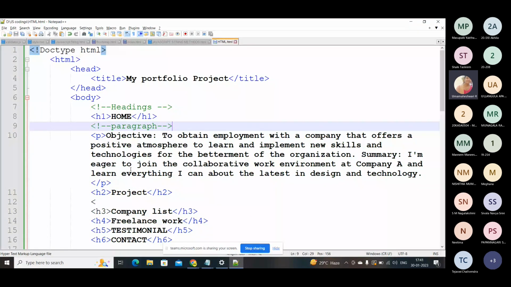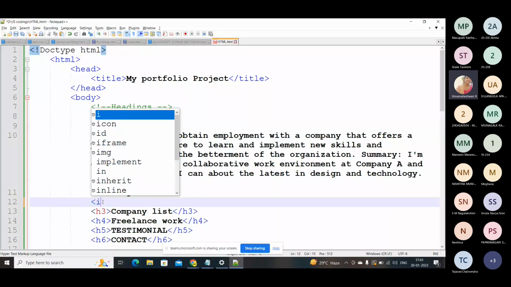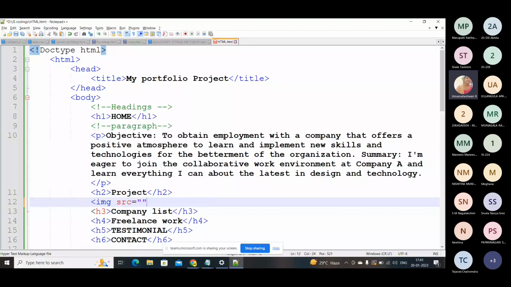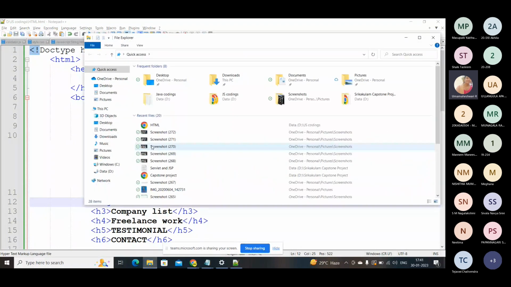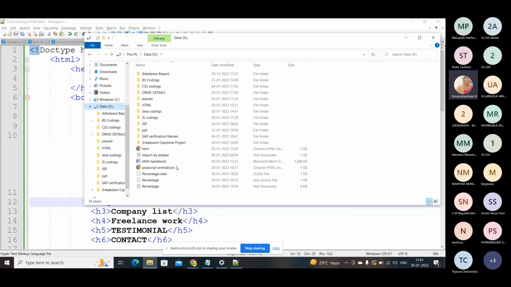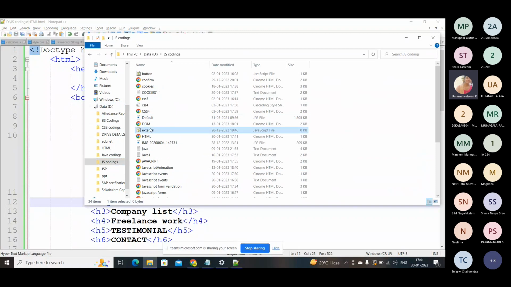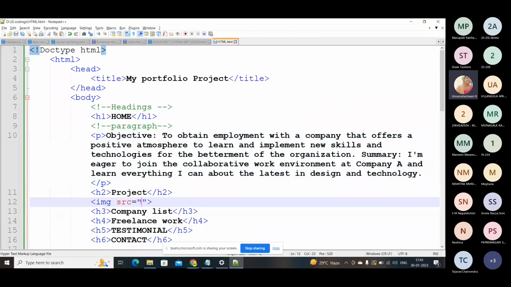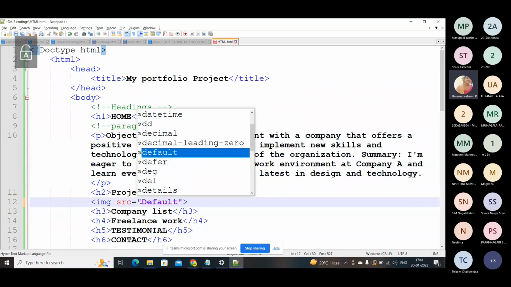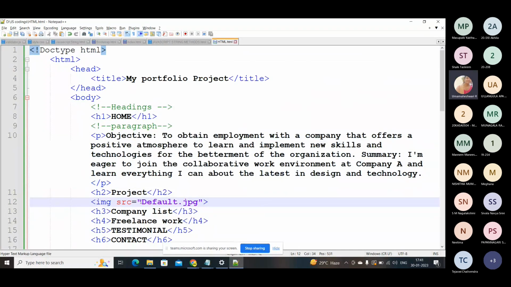To give an image, you need to give img src equals the file name. So what is a file name? I'm working on JS coding. So let's go here, and I'll click on this JS coding. Here I have one file, the default file. I'll just type it here: default.jpg. And if the image is not displayed, then you need to use an alt